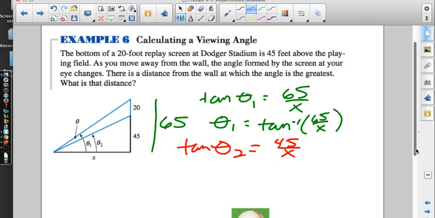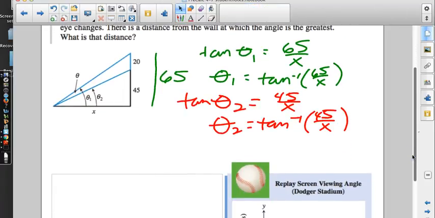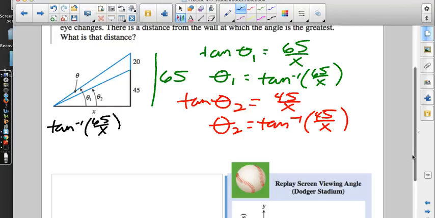But I want to know what theta 2 is because that's what I have to subtract to get the blue angle. So I'm going to have to use inverse tangent. To get what I want, I have to take theta 1 and subtract theta 2. Well, this is theta 1 and this is theta 2. So I need the inverse tangent of 65 over x minus the inverse tangent of 45 over x